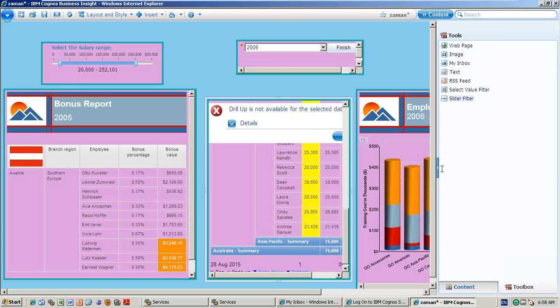You will just drag the value filter, and automatically it will show all the eligible columns, which are strings only, in most cases. Then you take the column you want to filter. Business Insight will take care of how to create the filter and how to associate it. Just drag and drop and select the filter from your side, and it will automatically create it. But the slider filter is normally used for measures because it is a range, right? So you need to select from this range to this range.